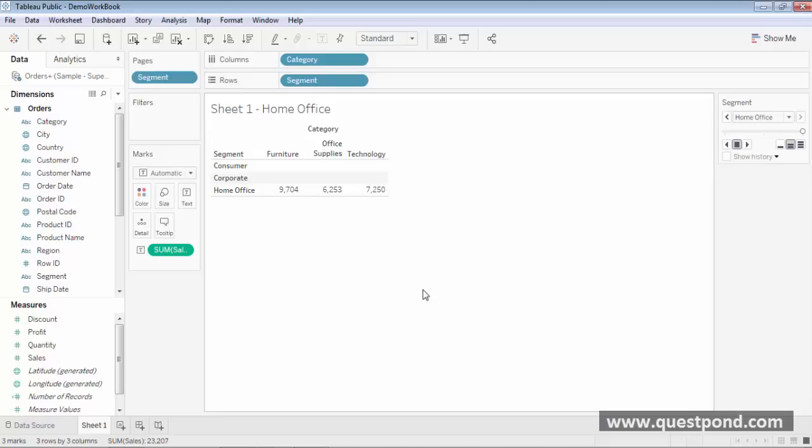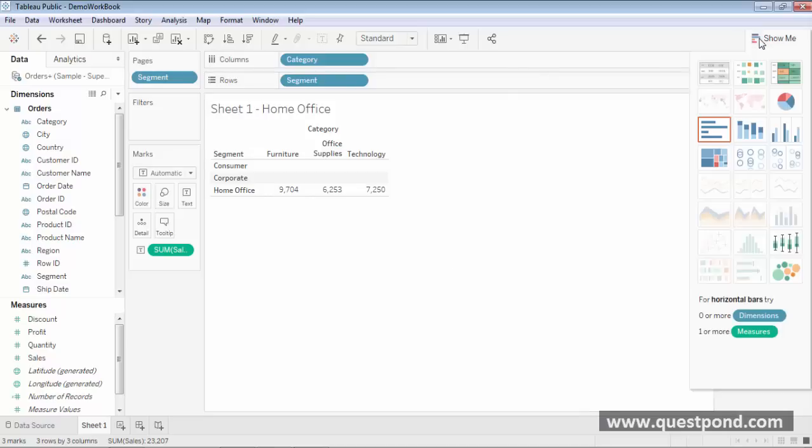We saw that there are many visualizations provided by the Tableau tool, and each visualization technique has its own requirement. For example, for this horizontal bar, it needs 0 or more dimensions and 1 or more measures. It is displayed here. And then we saw how to create a new worksheet